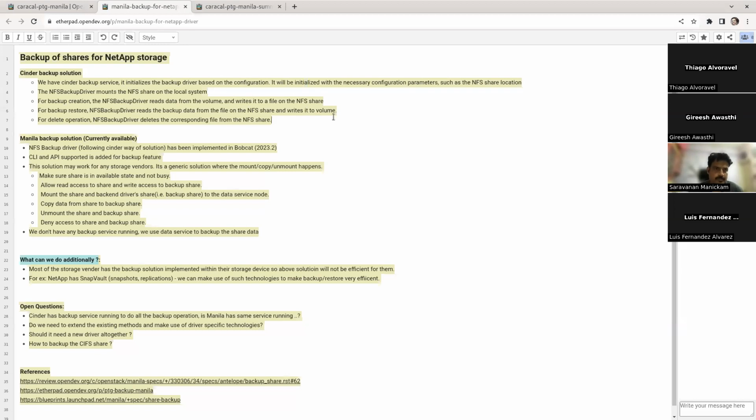So before going through the backup solution for Manila, I just want to talk about the Cinder backup solution, because we follow the same solution that is available in Cinder. So I just went through the code and how it works. Based on that, I have written this. Please feel free to stop me wherever I'm wrong. There might be a few places where I put some assumptions,